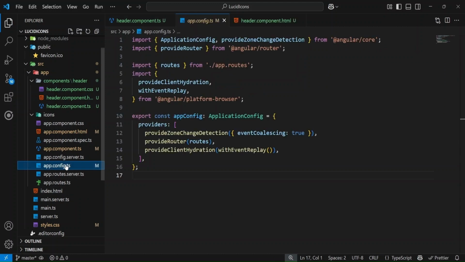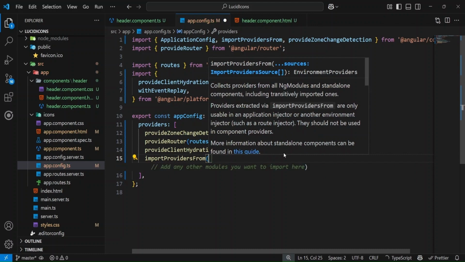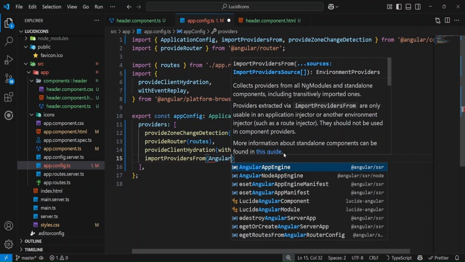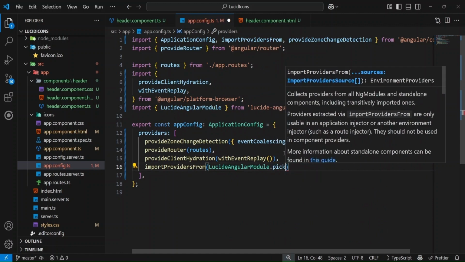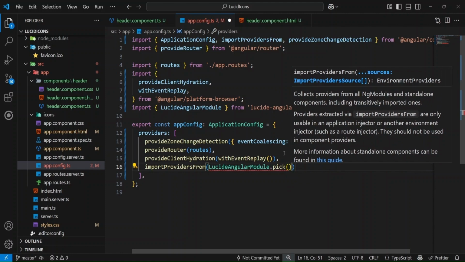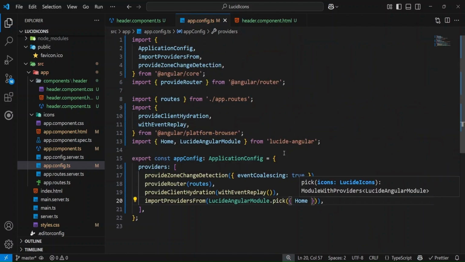We will visit the app.config file and provide the import. So import provider from Lucide Angular module dot pick, and we will pick the icons. We will pass the icons home, user, alarm, and contact. So home and user, alarm,